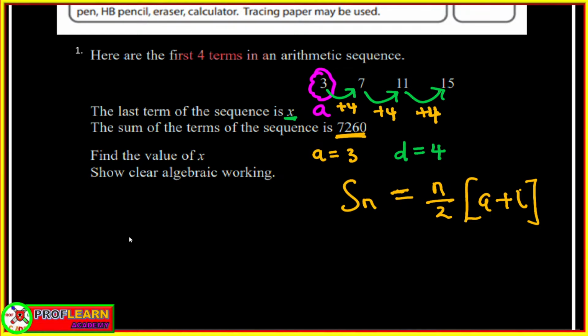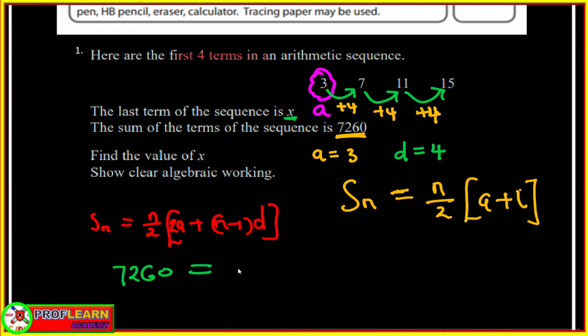So we're going to say the sum of n terms is n over 2 into (twice the first term plus (n minus 1) into d), so that we can find the value of n, and that will enable us to work out the last term. So this is going to be 7260 equals to